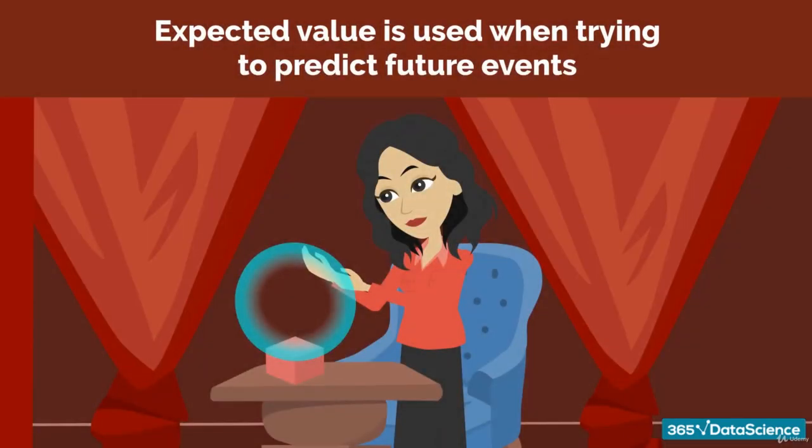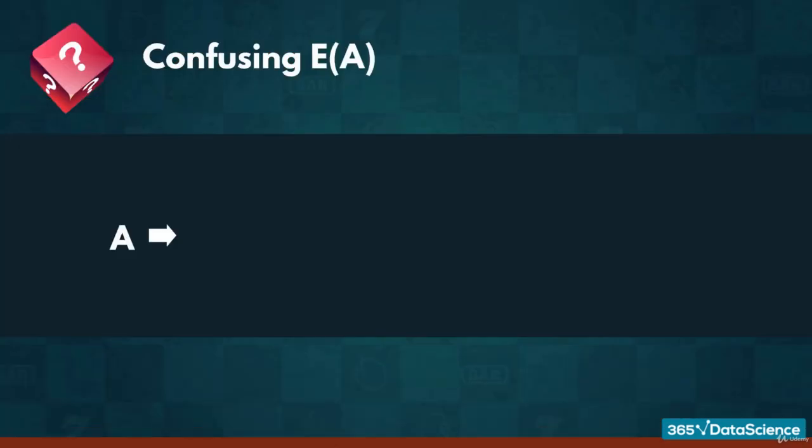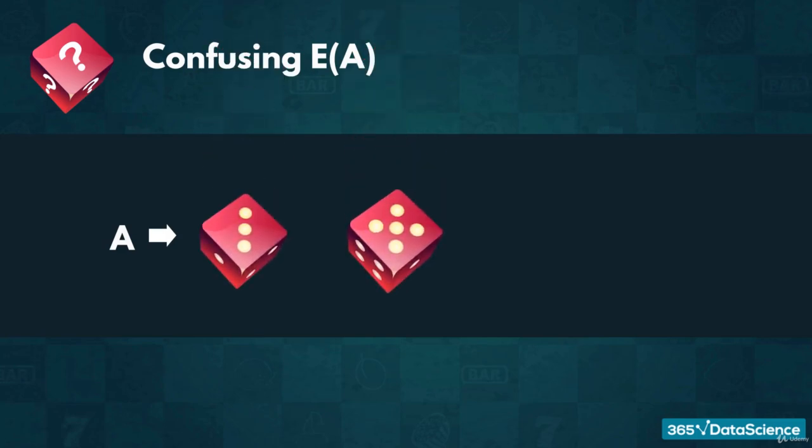Hello again. So far, we have learned that the expected value is used when trying to predict future events. Sometimes the result of the expected value is confusing or doesn't tell us much. For instance, let us discuss a very famous example, throwing two standard six-sided dice and adding up the numbers on